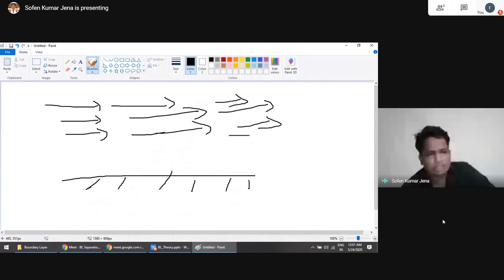Because of the presence of the solid, the solid acts as a flow damper. So what will happen? The solid provides the resistance. That's why at the solid surface the flow is exactly 0, and the boundary layer gradually grows, right? So what are the forces then acting on the molecule?